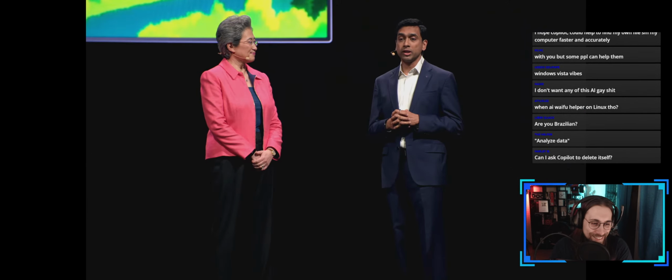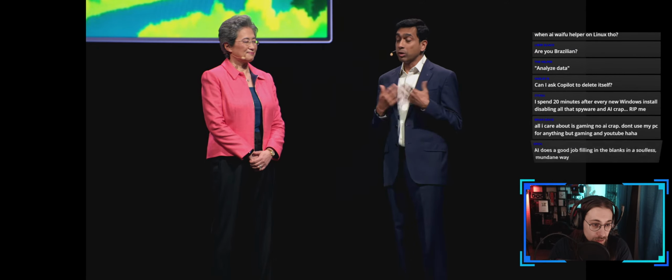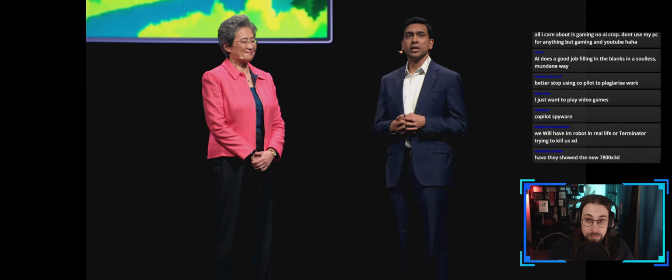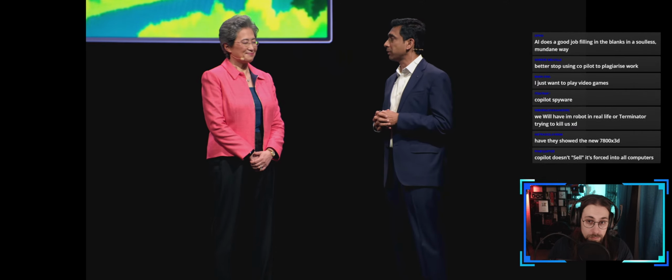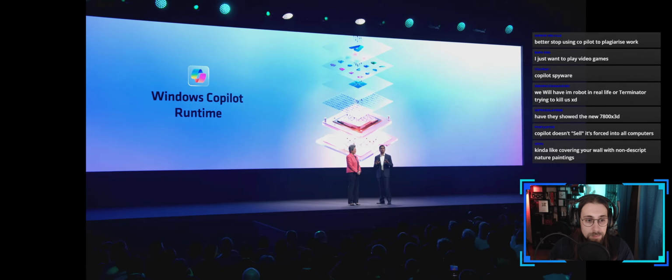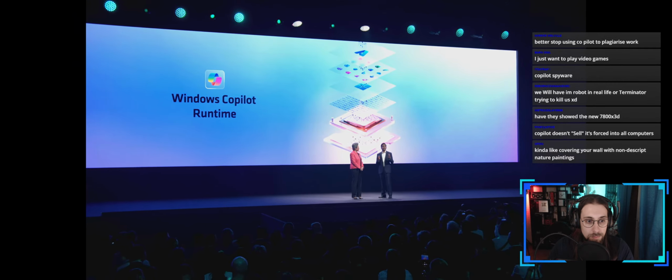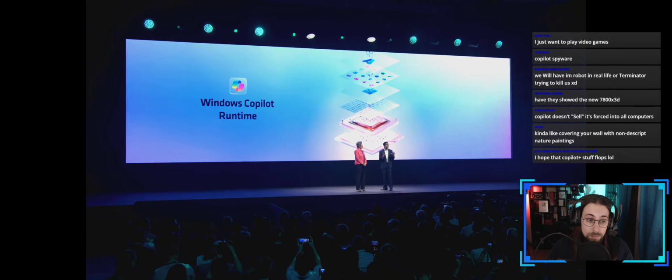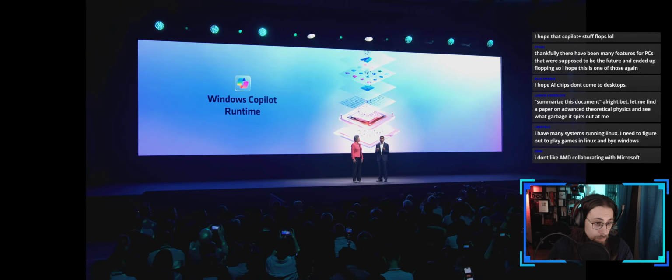Co-Creator lets you generate high-quality images by drawing in Paint, and we can do that with fast on-device image generation. We have live captions, which will translate your audio in real time on a PC, switching automatically between languages, in fact. But I truly think what you just saw, Lisa, is just the beginning. We built this thing called the Windows Copilot Runtime, which is effectively our library of APIs to let developers access